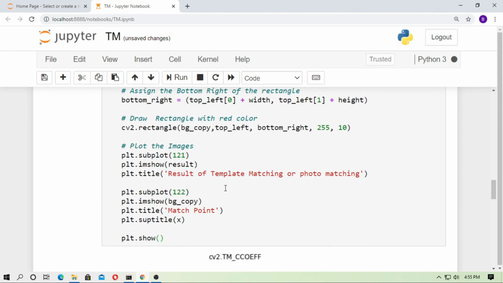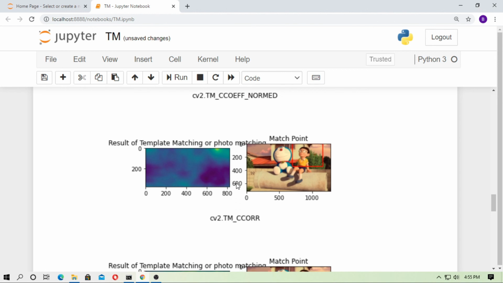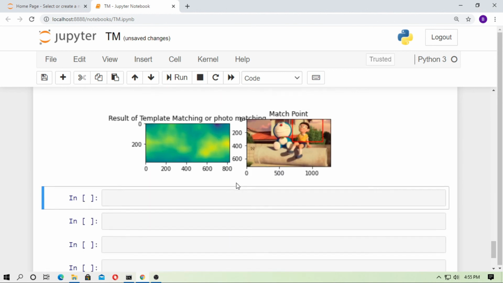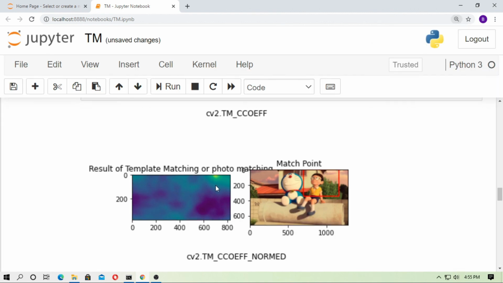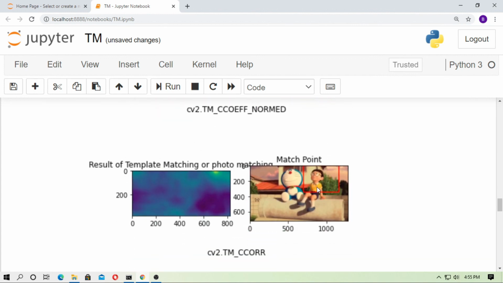Okay, so here is the result. Here are 6 results for the 6 methods of template matching. In the first template matching result, TM_CCOEFF, here is the matching point. There is a heat map and here is the matching point, and the second result also has a matching point.